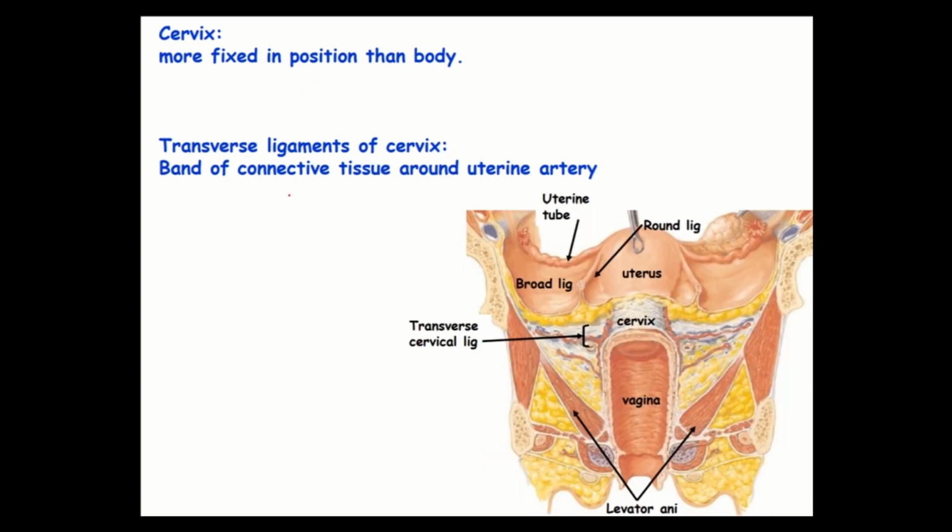So as compared to the uterus, the cervix is a little bit more fixed in its position compared to the uterine body. There are different support structures. Some are muscular, some are ligamentous. For instance, if you look at this illustration, which is basically a cut section, a side-to-side cut section